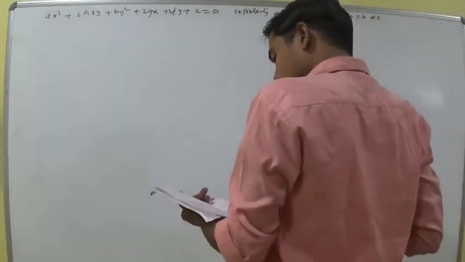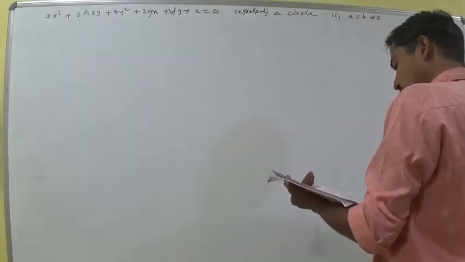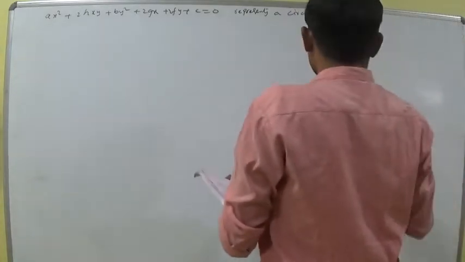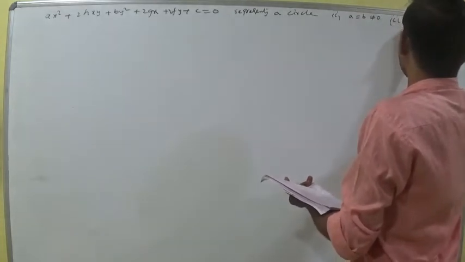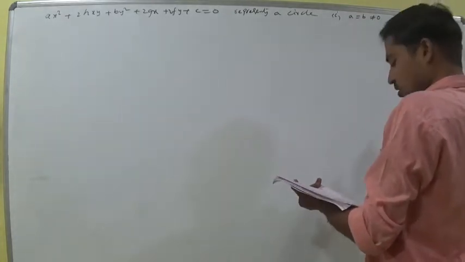That means the coefficients of x² and y² are equal, and the second one is h = 0,